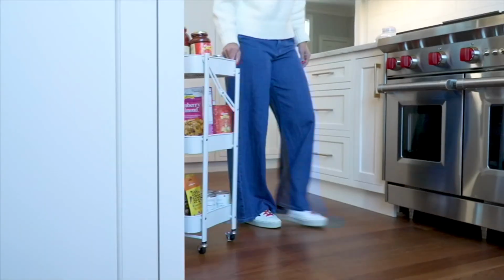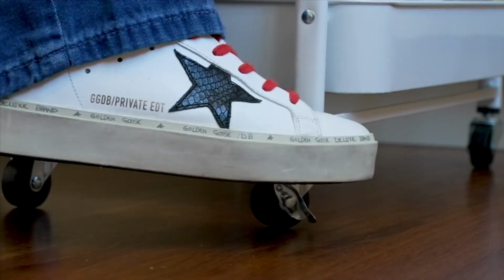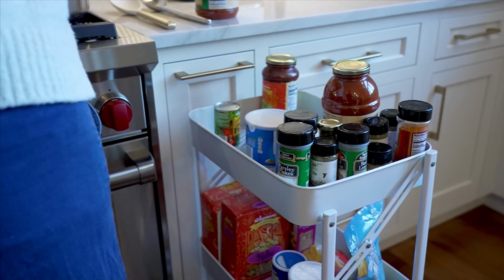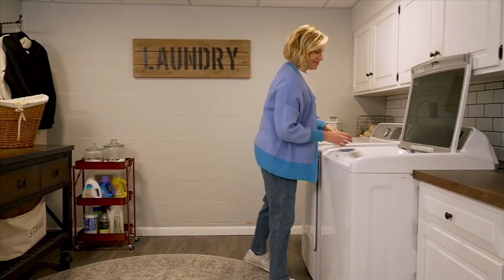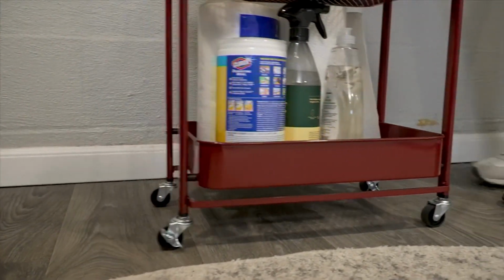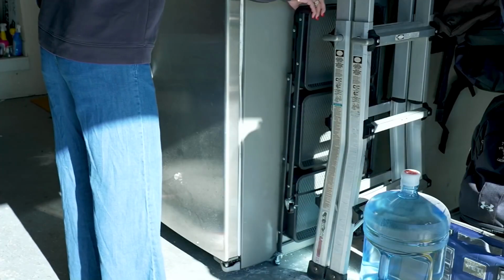This first item comes to us from PS Home, which stands for problem solving. This is exclusive to us here at QVC, and this is a 3-tier collapsible metal cart with wheels. Our sale price today is $49.98, 5 easy payments of $10. With today's sale price and the free shipping and handling, you're saving over $12 to pick up this adorable metal